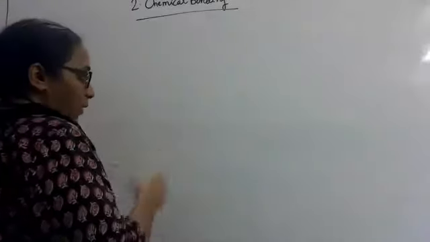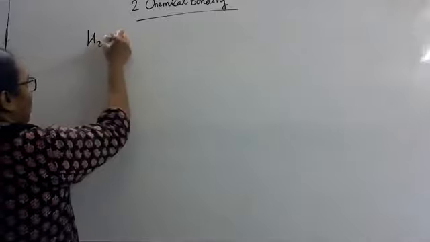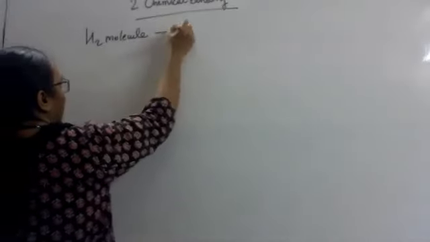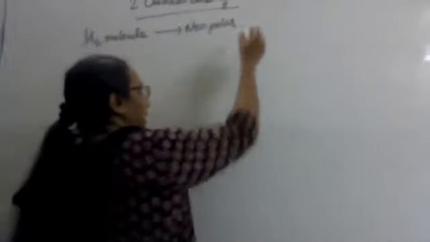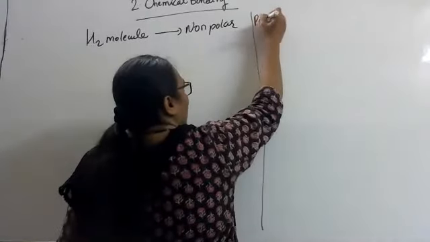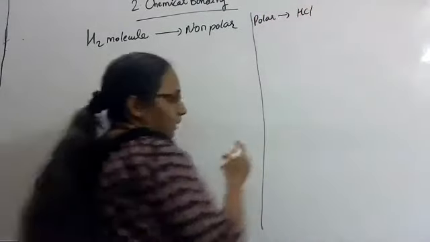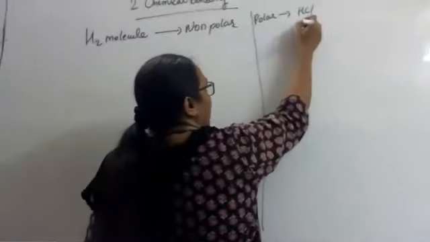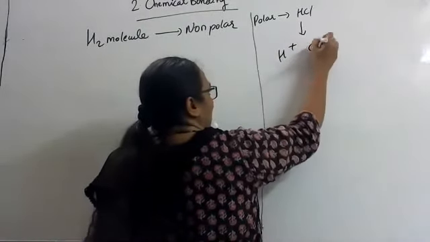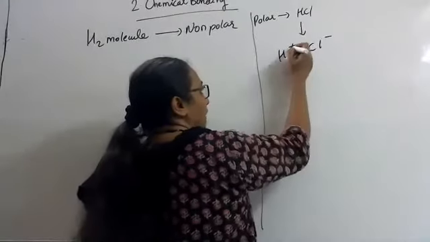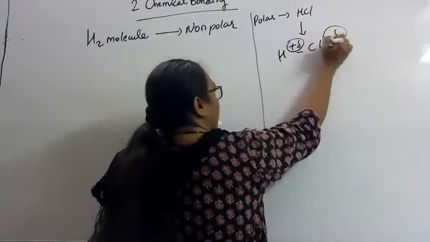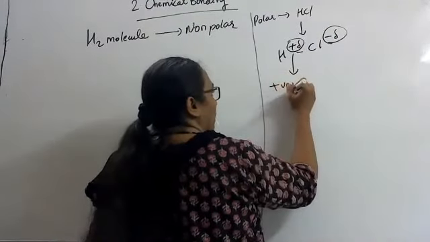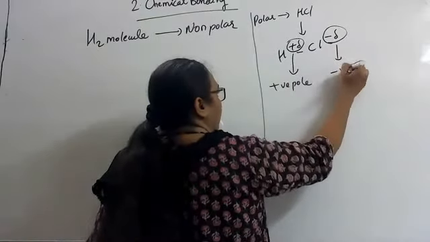Yes, miss. Polar compound. See, what is the question? Hydrogen molecule. Why is it called non-polar? Okay, the example of polar compound we have seen is HCl. We have written that also. What is HCl? It dissociates as H plus and Cl minus. Correct? I have told you we write the delta sign: positive ion, negative ion. This is the positive pole and this is the negative pole.